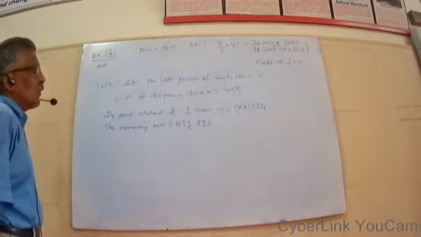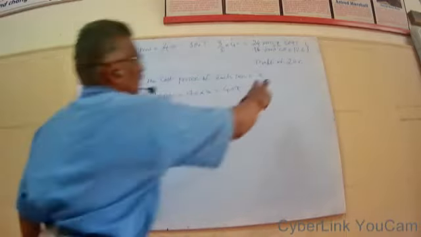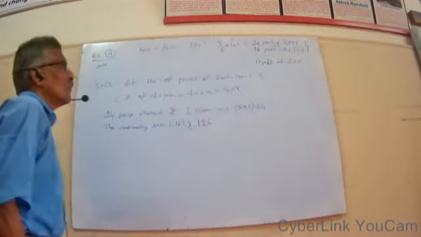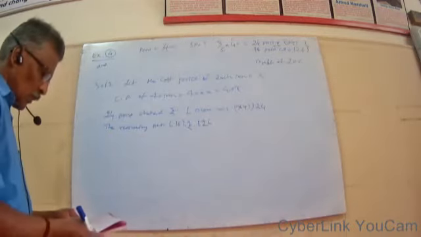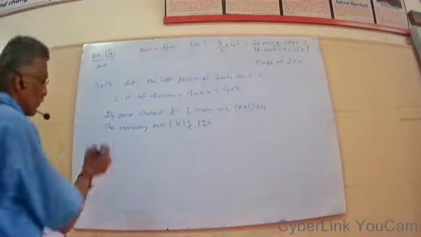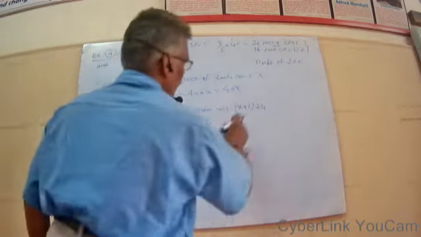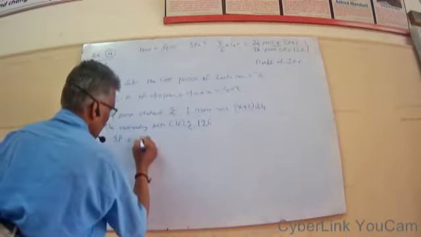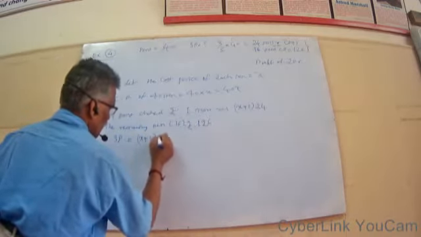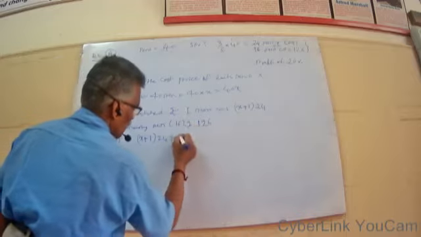So the question is, by doing this there is a profit of 20%. So what is the value? So selling price equal to x plus 1 into 24 plus 126